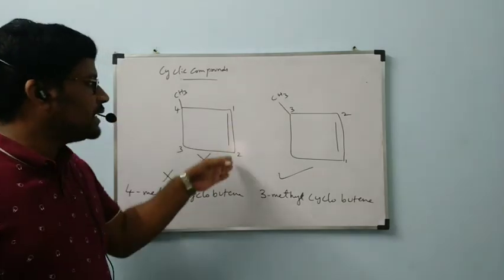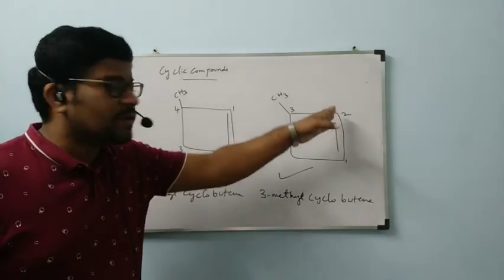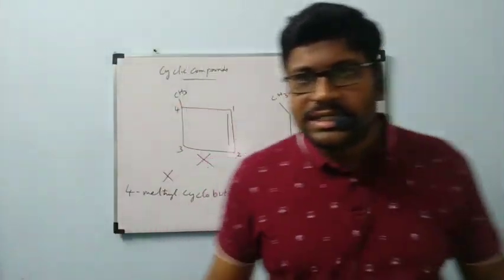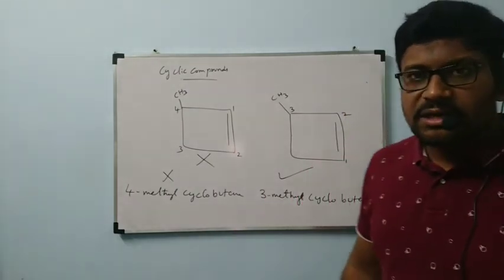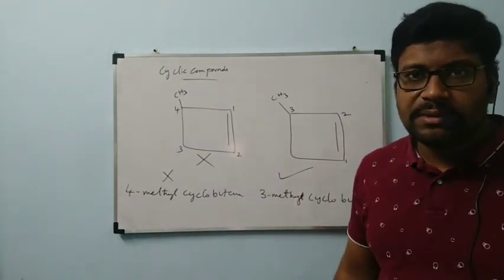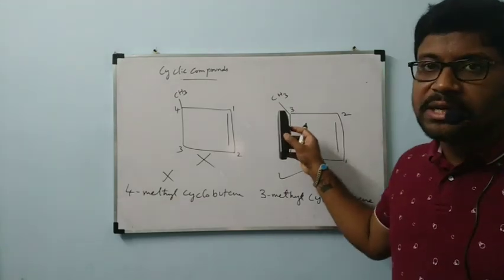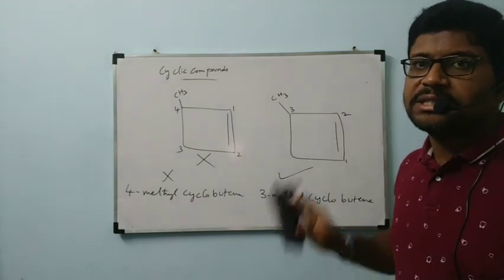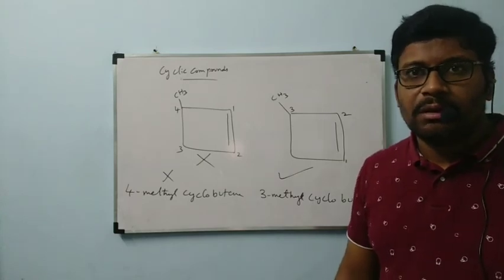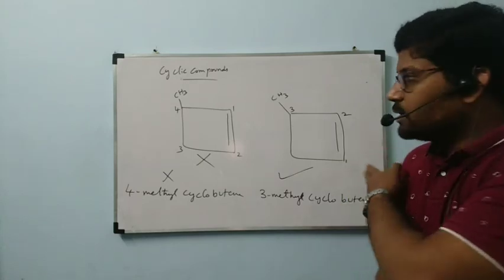In both ways we are getting 1, 2 for the double bonded carbons. Is it correct? After the double bonded carbons get the least numbers, the next priority is given to the methyl group. Here the methyl group is also getting the least number. That's why that method is correct. Okay, I hope you understood this one.